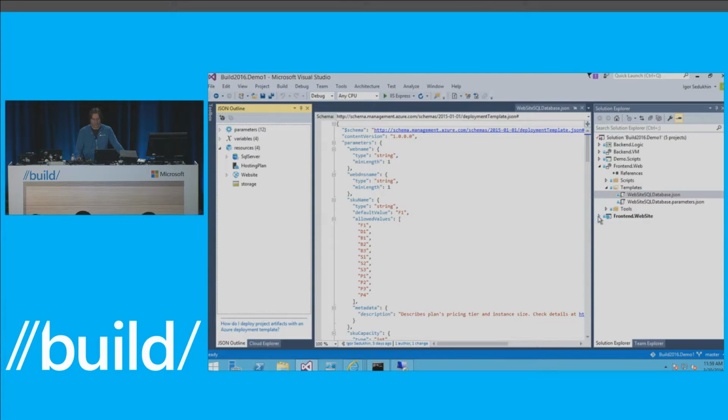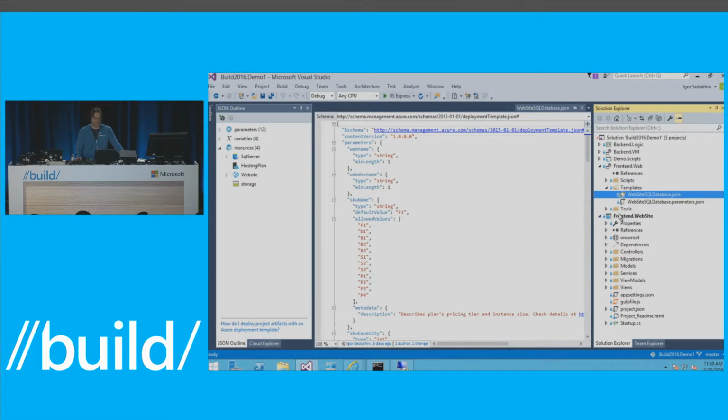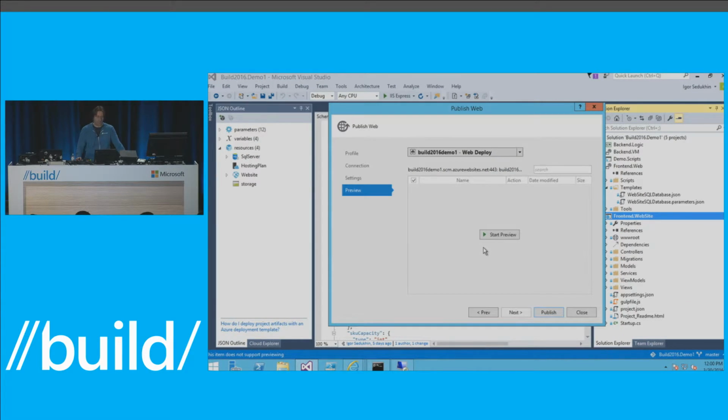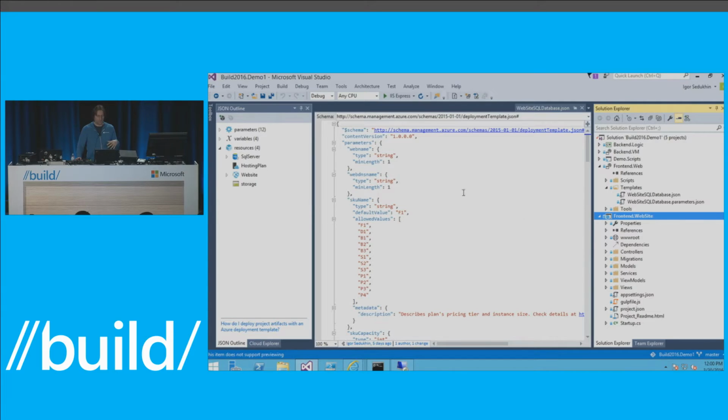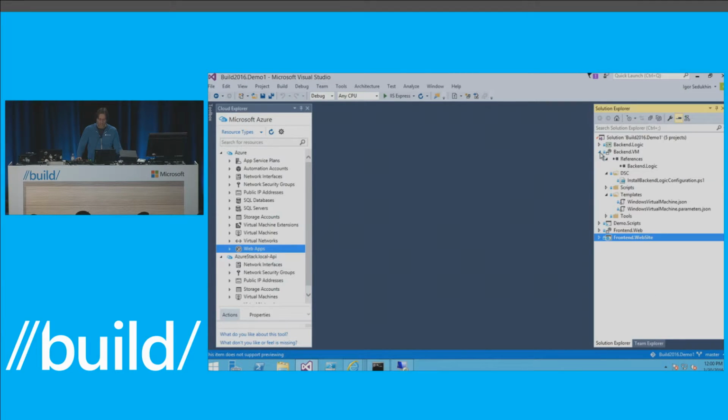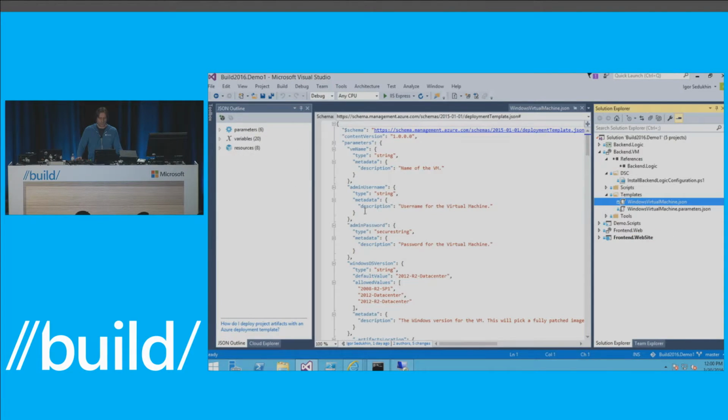And then I developed my ASP.NET website, and I said, publish right here, and then it discovered the publishing profile, and I published it to Azure, right? So very quickly, I got my Azure part going. What about Azure Stack? So I've added this backend.vm project, and in it, there is this template.